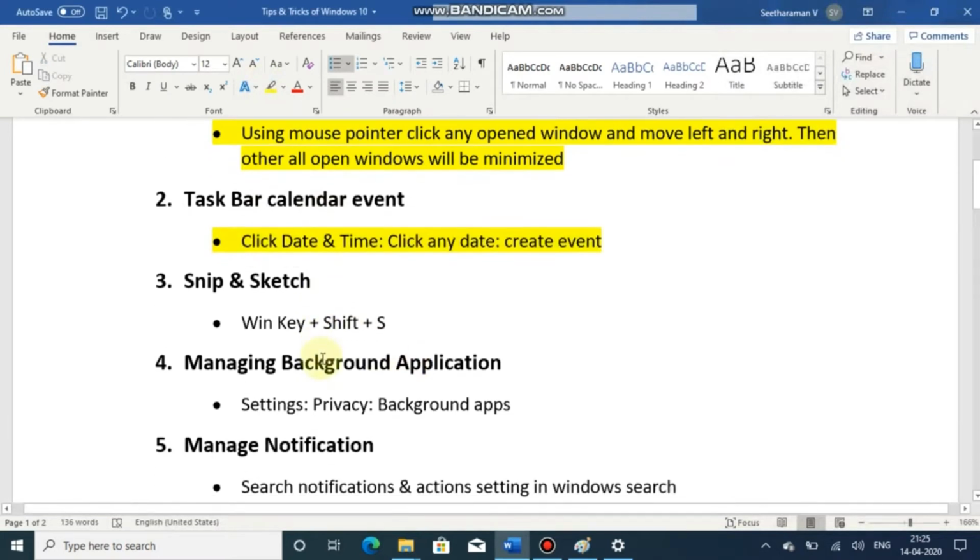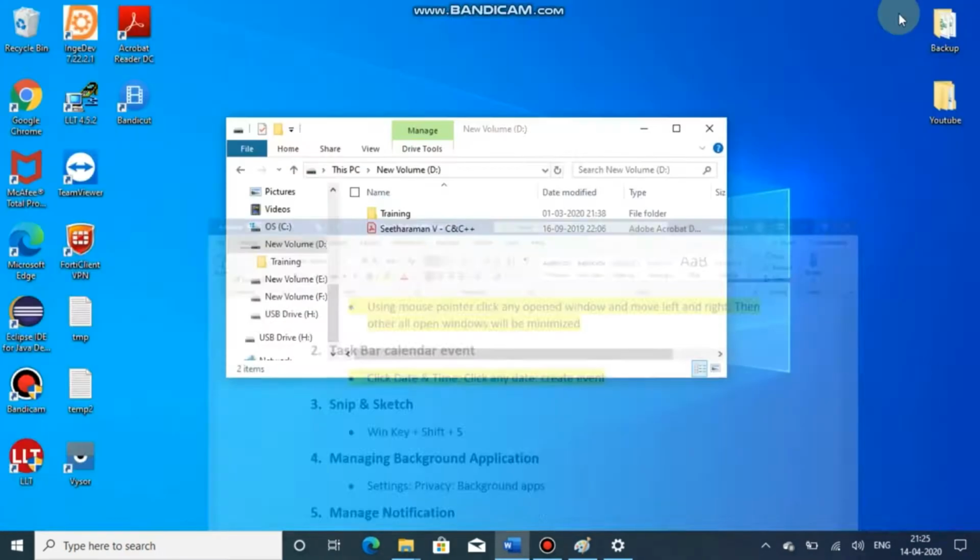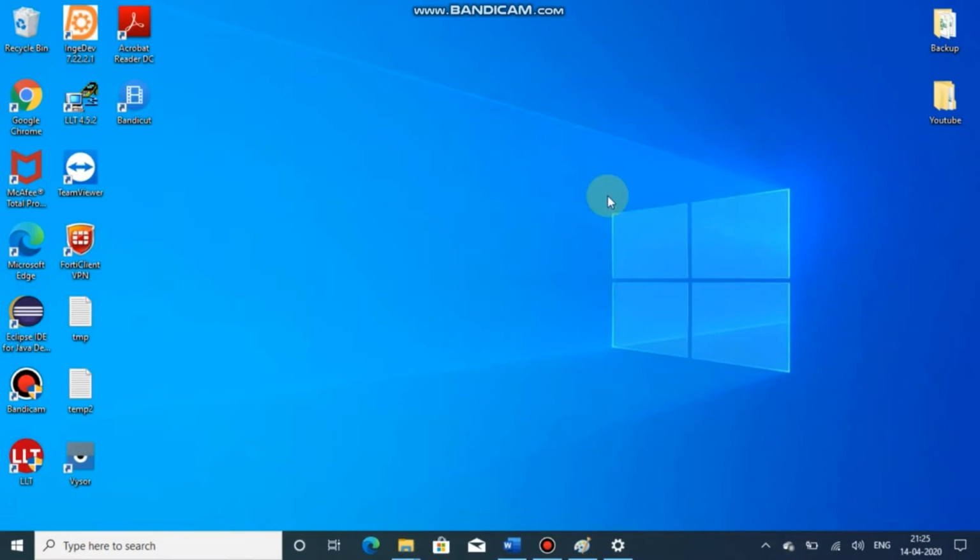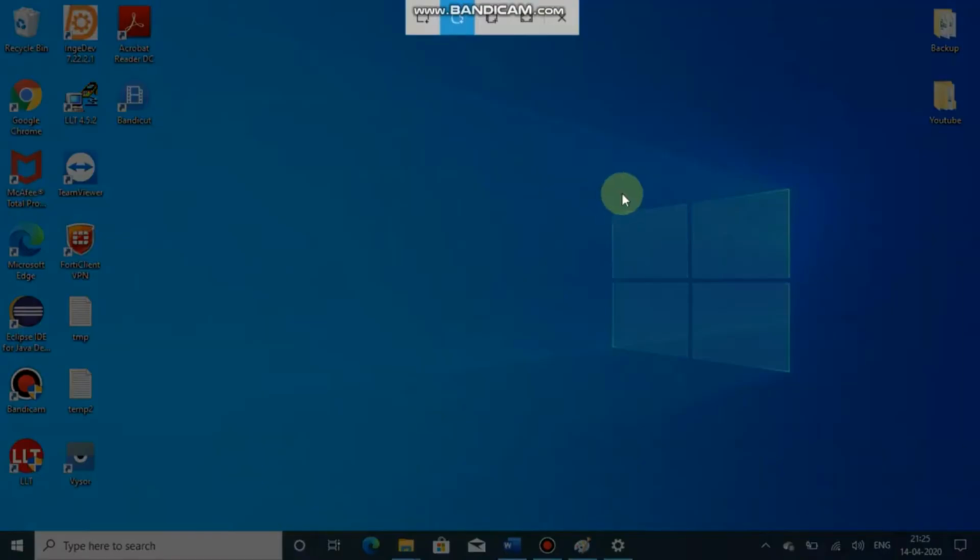Then the next one is Snip and Sketch. For that we have to press Win key plus Shift plus S. It will prompt four snipping tools. The first one is rectangular, then freeform, then window snip, then full screen.